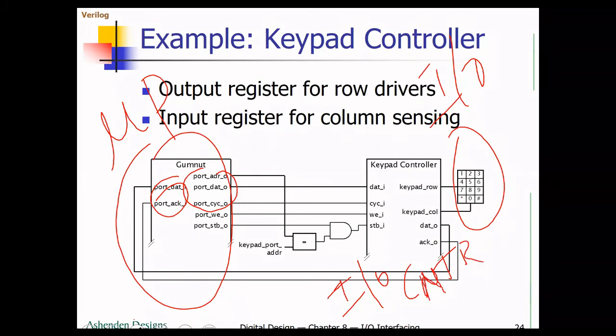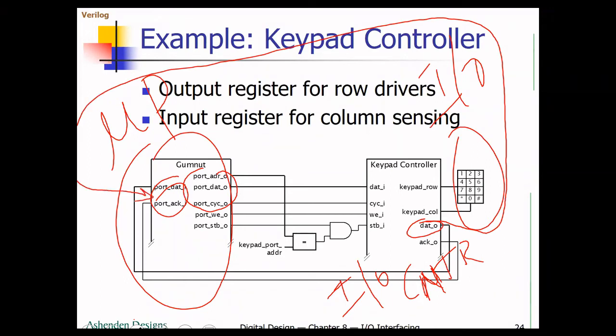Via the IO controller. So here, the outputs of your processor will become inputs to the controller, and in the same way the outputs of your controller will become inputs to the processor. So this one is connected as an input to the processor, and the same way this one's output is connected as an input to the keypad controller. So this is how things are going to happen.